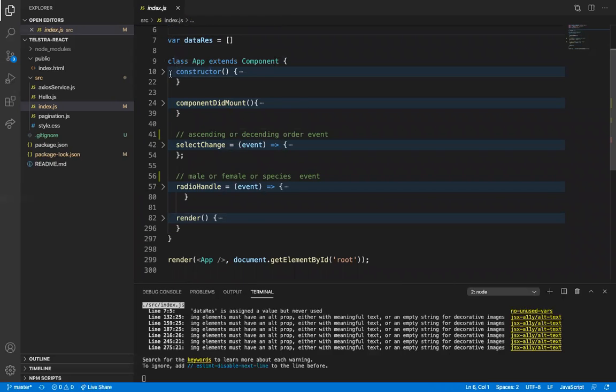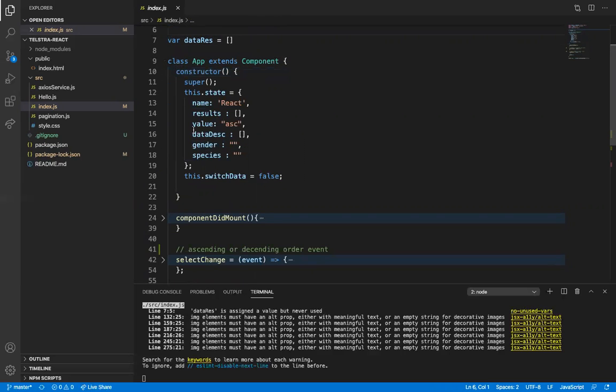In the constructor, I am having a state. I have created a state with the names results, value, gender and species. The initial value, this.state.value, I kept as ASC, which means ascending order.